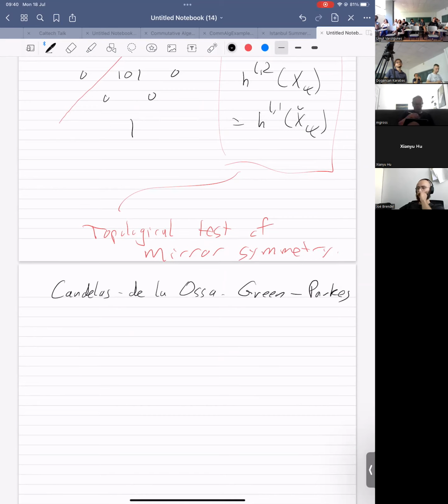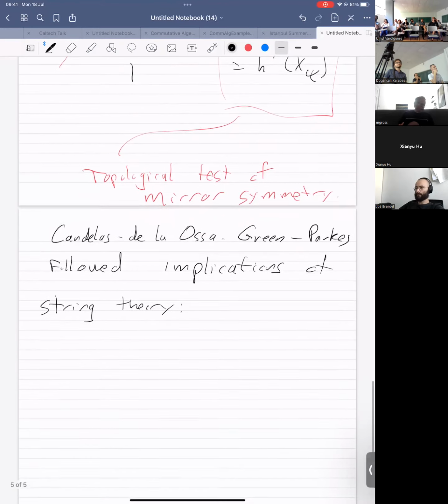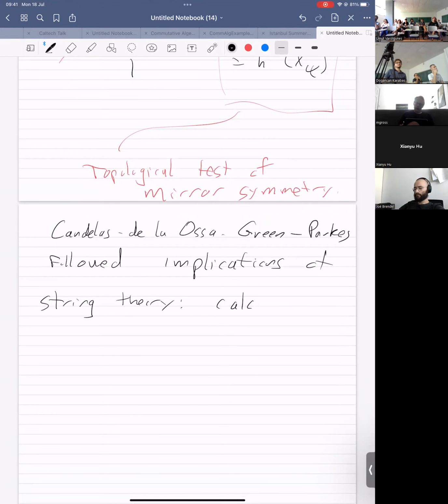And what they did was they followed the implications of string theory, and they calculated what we call period integrals